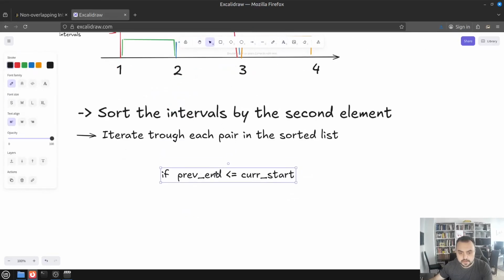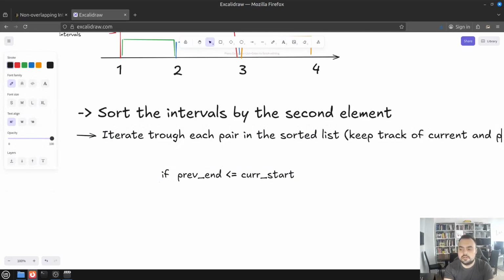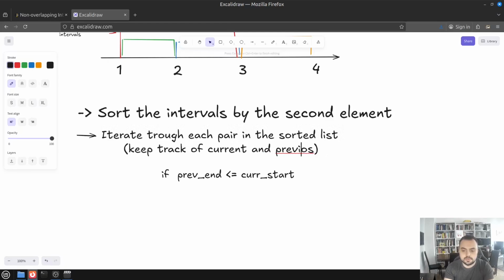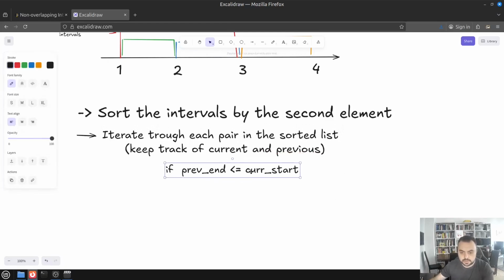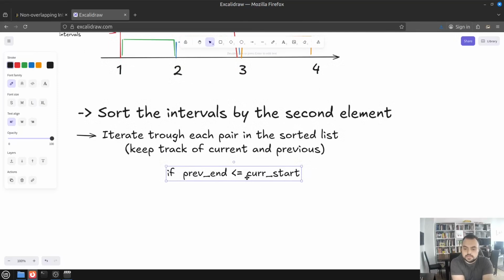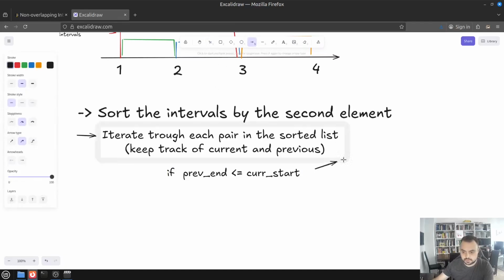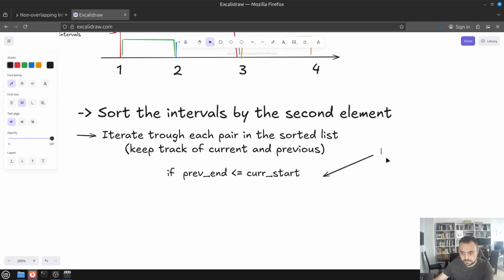Here, add additional explanation and keep track of current and previous. Yeah, so we'll keep track of two intervals at the same time, and if the end of the previous interval is less than or equal to the current, that means that they are non-overlapping. This is a good sign. So this means they are non-overlapping, and this is what we want,